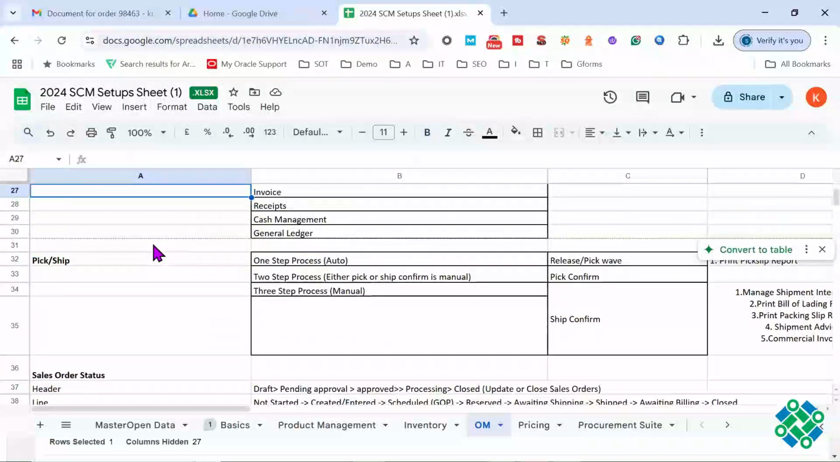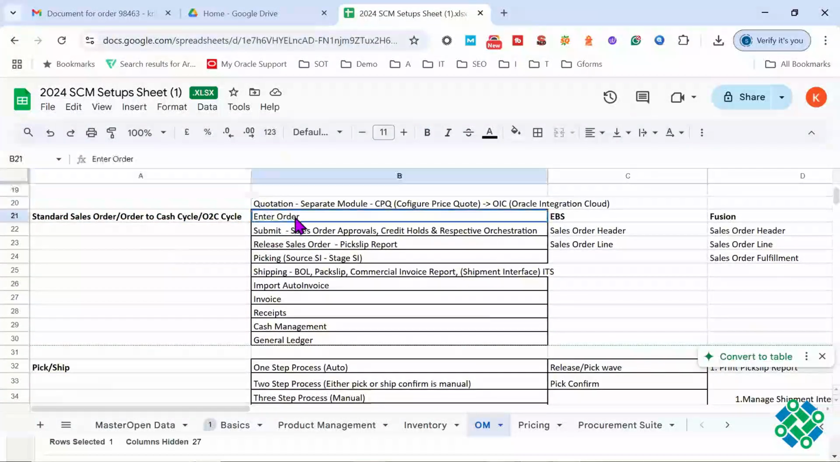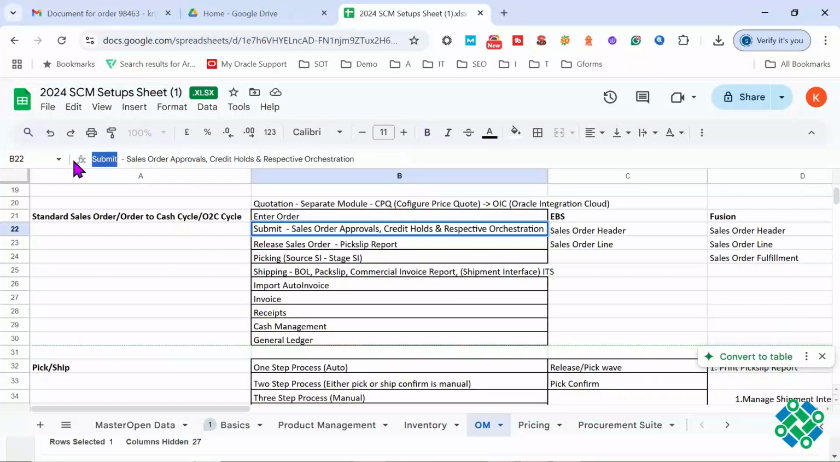Here I have mentioned the steps. Order entry, order booking. After you submit the order, the system will do a couple of checks. One check is whether approval is enabled. If approval is enabled, it goes to the approval. That is one thing. And one more check is